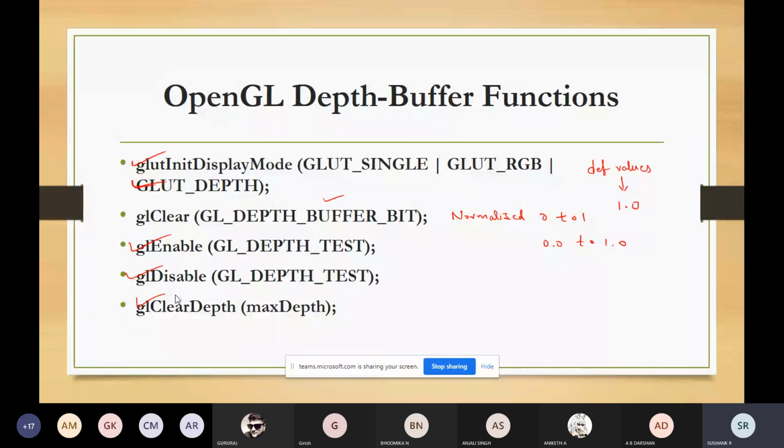This is done by using a function called glClearDepth. By using this glClearDepth function, you are able to give some initial values.